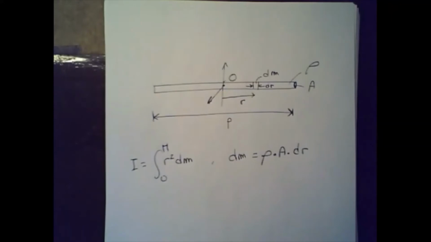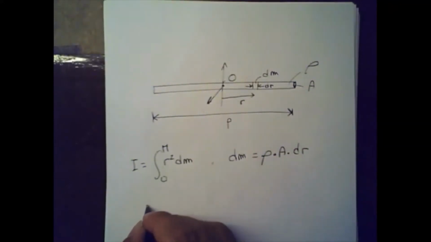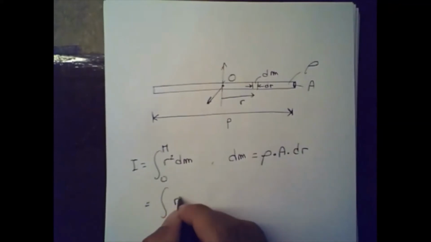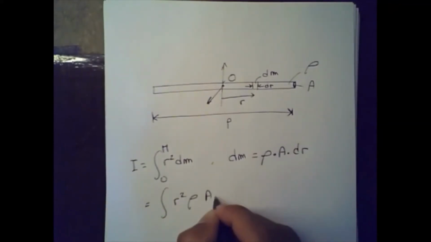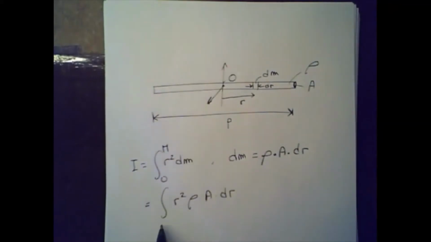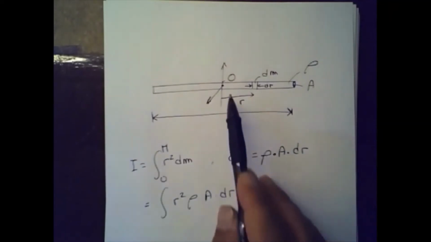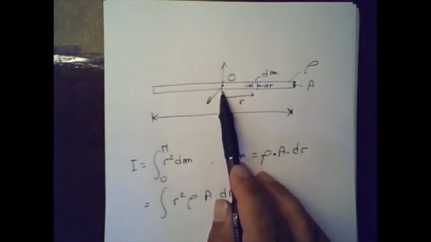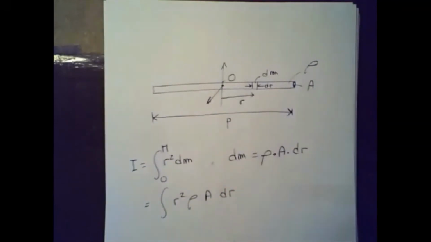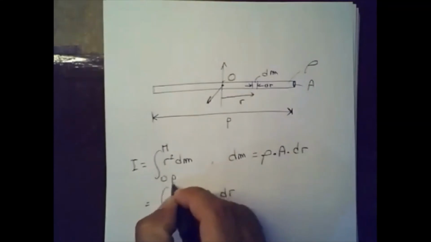And that's it, right? There is nothing to it. So I can basically just directly come here, right? So I'm going to end up with r squared rho A dr. But can you tell me how can I integrate that from 0 to m? So what should be the boundaries over here? Where should I integrate dr from? 0 to L over 2. Exactly, 0 to L over 2,